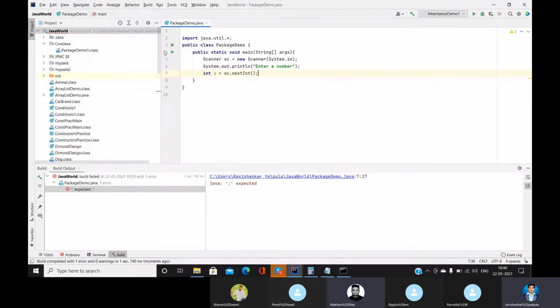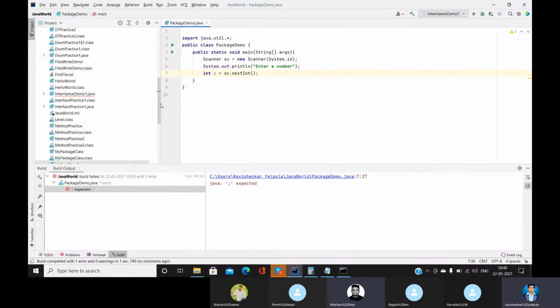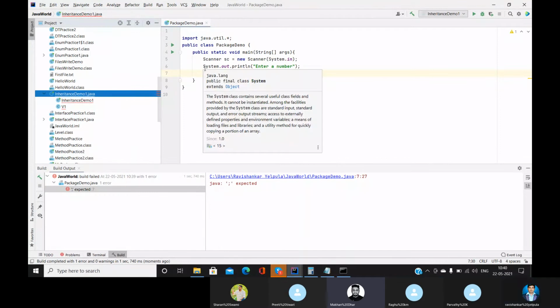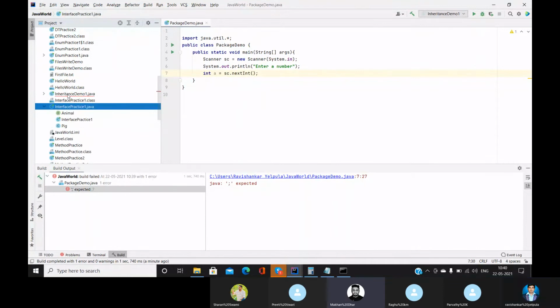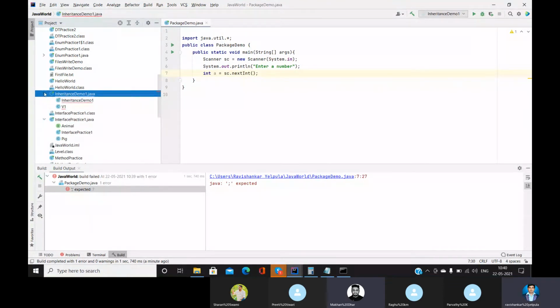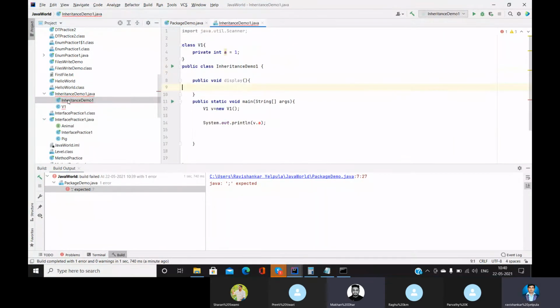Go a little bit down, this is after Hello World. Maximize this one, expand that class. Yeah, this is inheritance demo one.